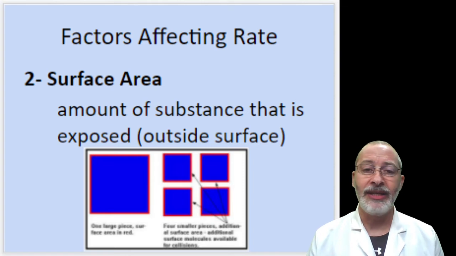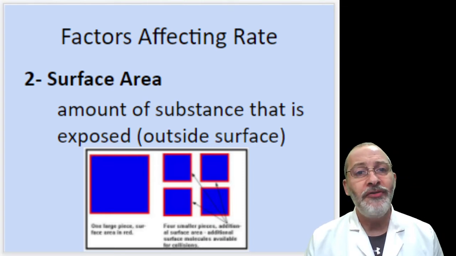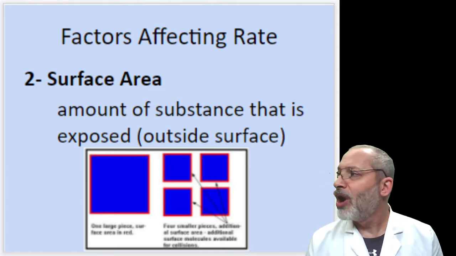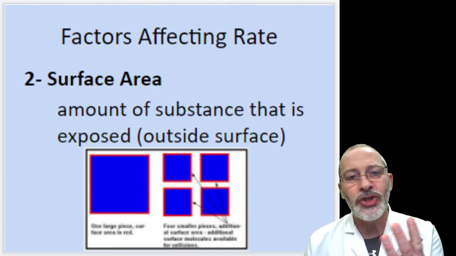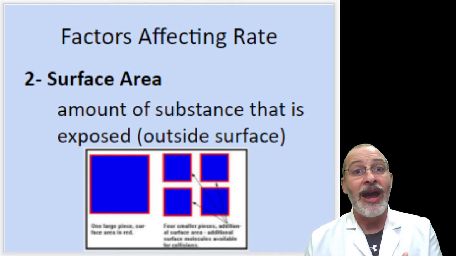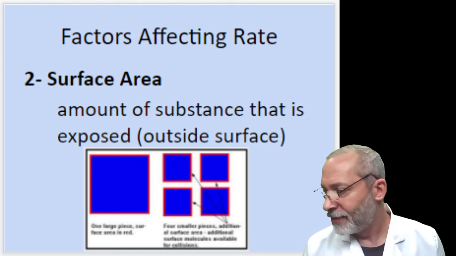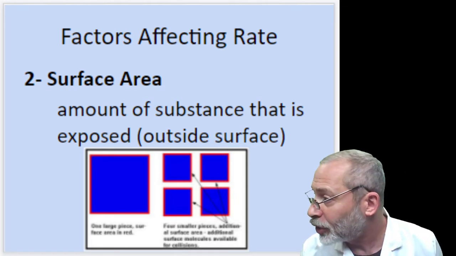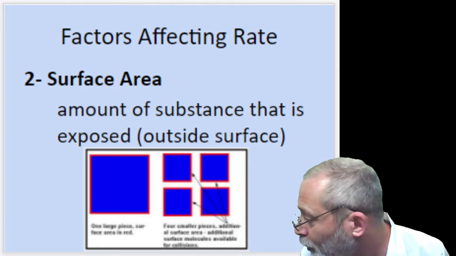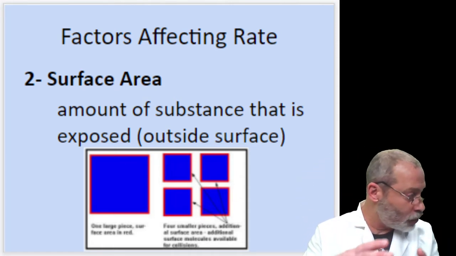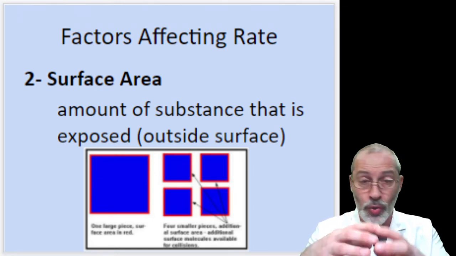Now, what exactly does that mean? Well, surface area has to do with describing the external or the outside area of the surface of something. So imagine you had a cube. I'm just looking around the room here for a cube. I don't actually have a cube here. I apologize. But imagine you had a square cube. And this square cube